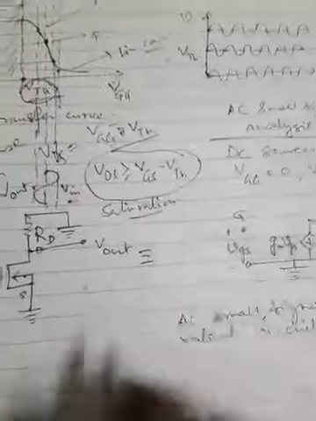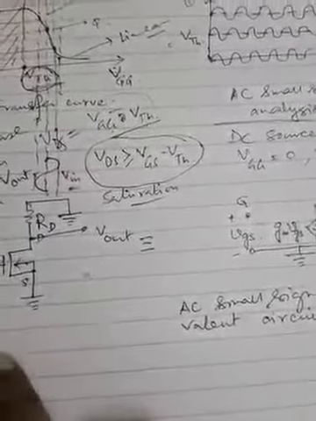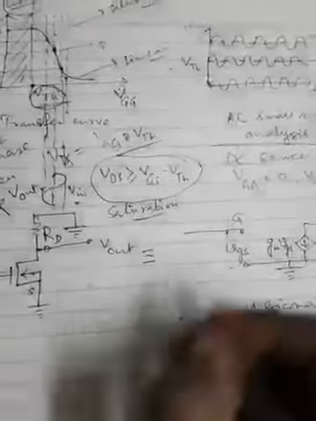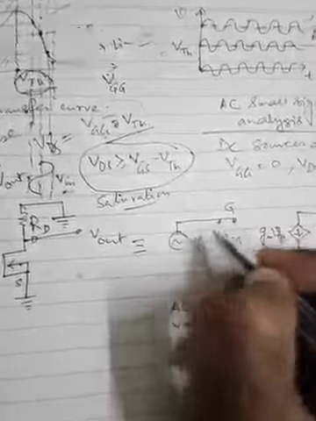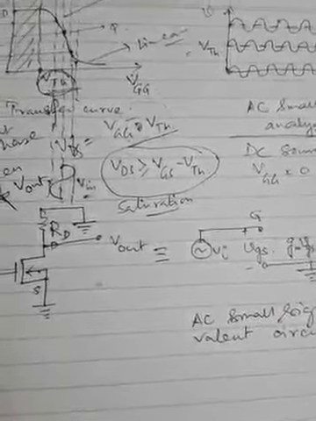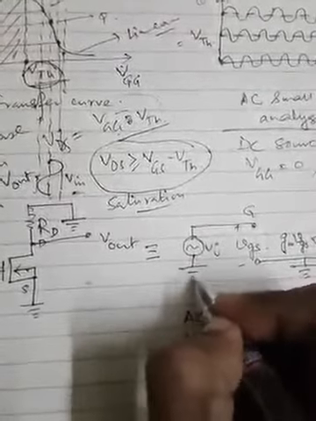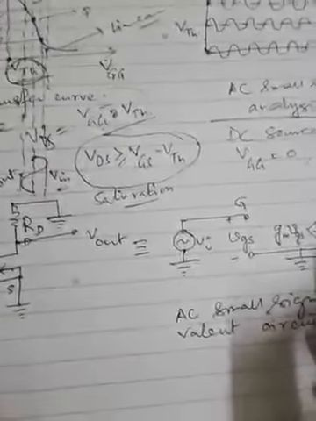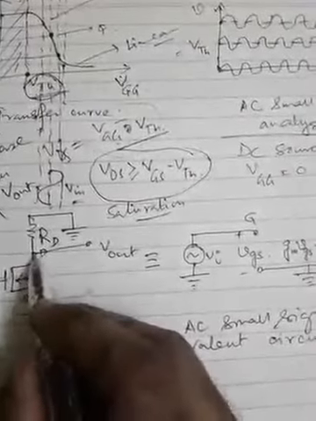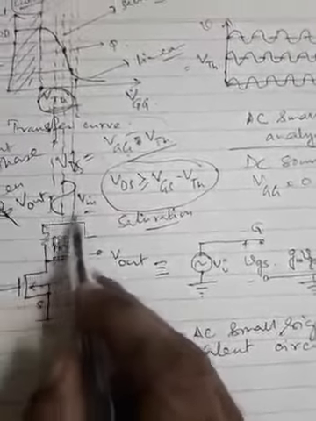So this is the representation of the MOSFET itself. Now at the input, VI is connected. Suppose this is the gate, and VI is connected with the gate in this fashion, and it is connected to ground. And at the output side, the drain terminal is connected via this resistance RD to ground.